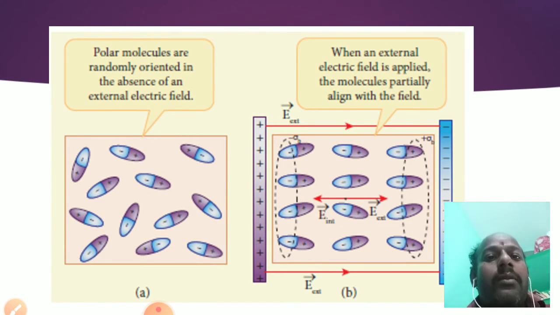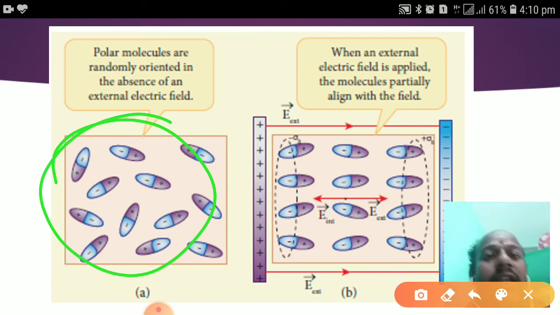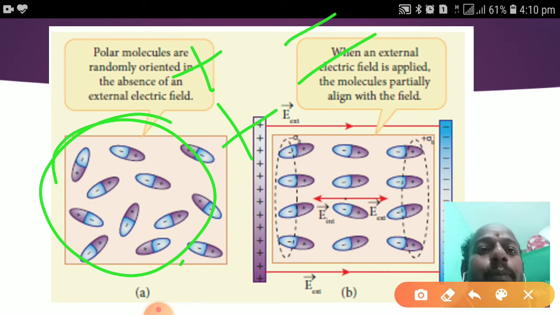There is a polar molecule placed in an electric field. Look at the first diagram: this is the absence of an electric field. In the absence of an electric field, all the dipole moments will be randomly aligned. You can find one thing: in a conductor we didn't give the dipole, we have simply given the charges. But for the insulator, the polar molecule, the dielectric, we have mentioned the